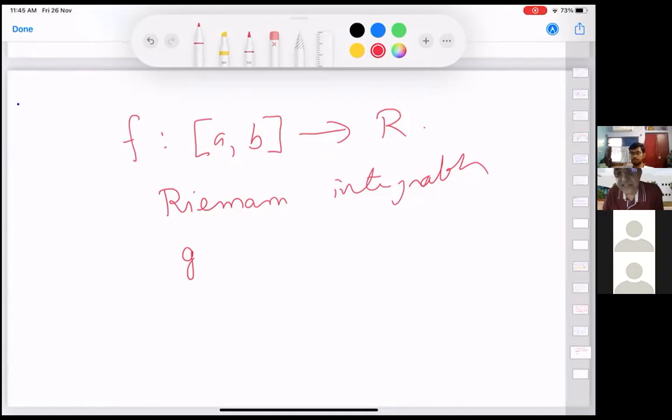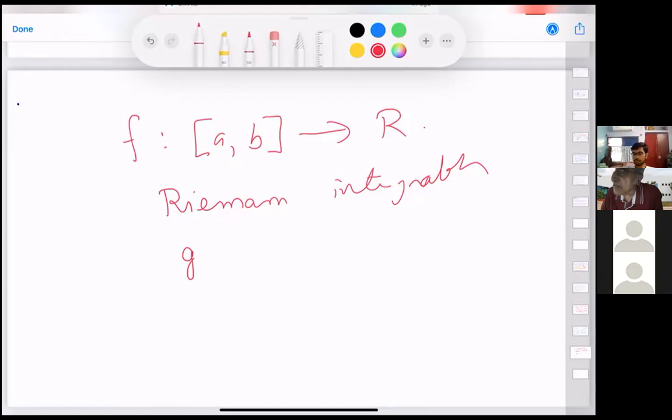So all we want to stress is that if you change it at finitely many points, it doesn't change the integral. That's it. Okay. And then if you have to go into it, we can go into it: if you're changing it at countably many points, and if the set of points which are in its closure is at most so and so, etc., one can go on and on. Okay. But we do not want to go in that direction.